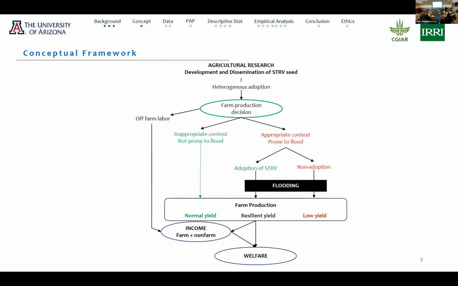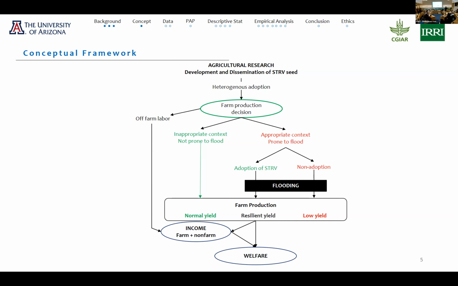I will skip all these details about the heterogeneous decision choices that farmers face when it comes to farming. I'm going to go straight to when the farmer decided to grow rice, for example, and then he has several situations. The land where he wants to grow rice could be located in a flood-prone environment, right? And if this is the case, looking at the green one here, is the light on? Oh, okay. If his land happens to be in an area which is not prone to flood,